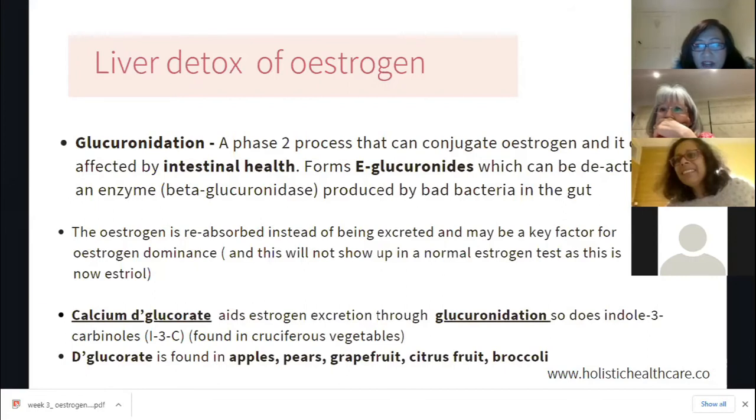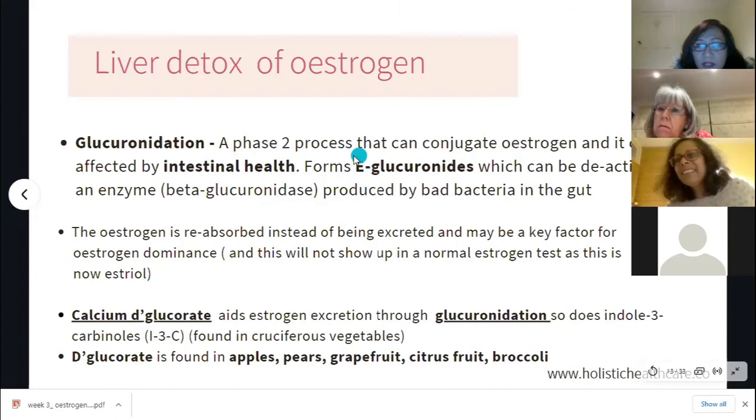So in other training, I've mentioned that the estrogen binds to a compound, and then the body's able to get rid of it through the gut. But if there are too many bad bacteria present, and of course the bad bacteria are suppressed by the good bacteria, so if you've got lots of good, healthy bacteria, this process is fine. You're going to get rid of the estrogen. But if you've got an overgrowth of yeast and candida and parasites and bad bacteria, they produce an enzyme called beta glucuronidase. That's an enzyme that cuts this up. It literally chops this in half.